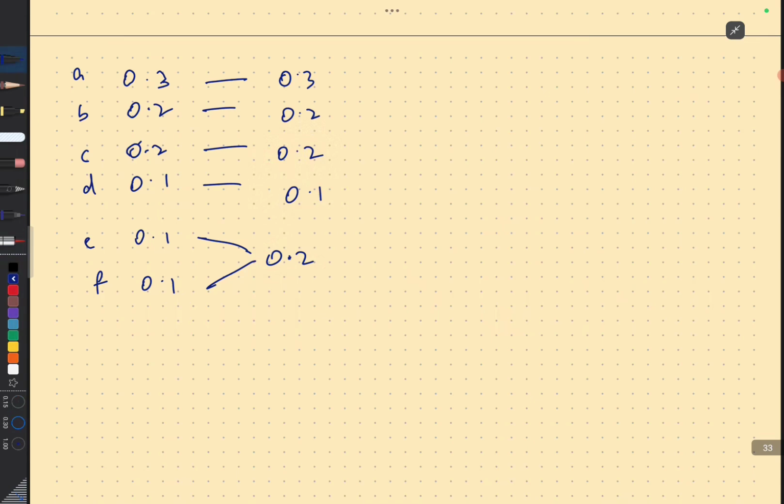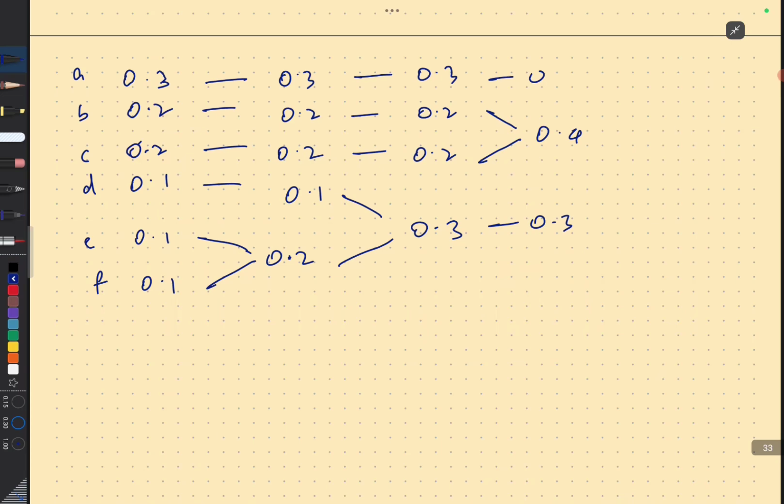So let's say I merge these two. 0.3. The next step, I merge these two. Sorry, 0.6